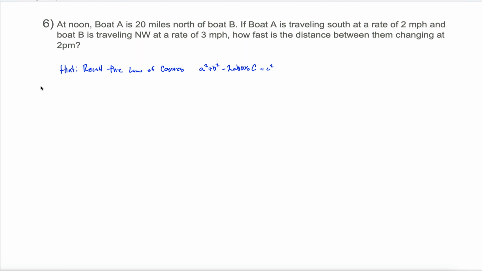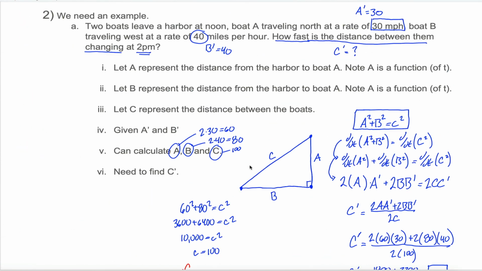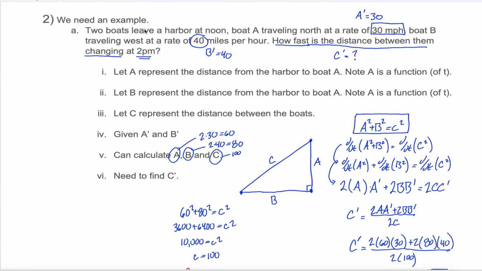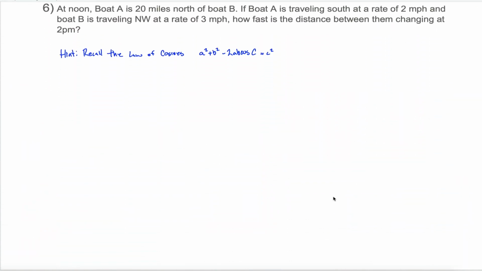All right, one more related rates example, a pretty challenging example. It's another problem with boats, so it might seem like it's similar to the problem that we started this series of videos with, where we had boats that started in the same position, one went north, one went west. We were able to figure out this right triangle and tie together the lengths of the sides of that triangle. I mean, that basic idea is what we're going to do down here, but what's going to make things challenging